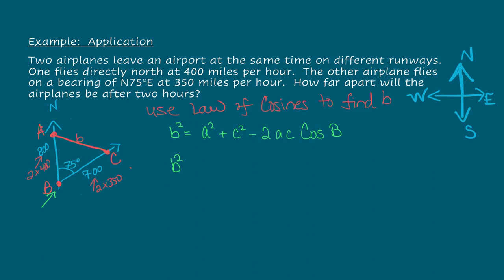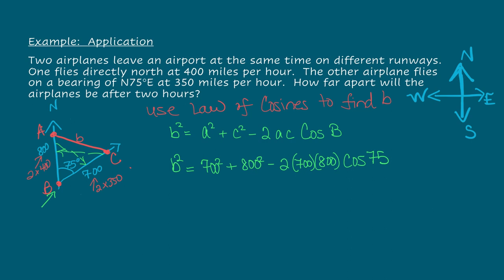I don't know what b is. And a is going to be my 700 because it's opposite my a angle. So 700 squared plus c squared, which is opposite c, which is going to be 800, minus 2 times a, which we've said is 700, times c, which we've said is 800, times cosine of 75,